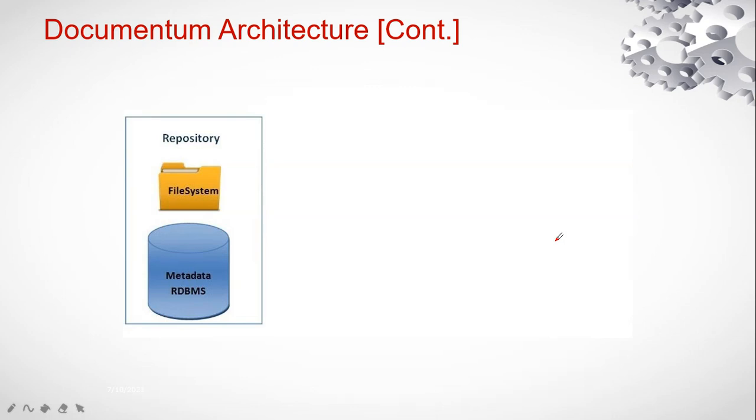Let's explain that architecture in more detail. Whenever you are installing the Documentum software, first of all, before starting, you should have the database ready. So I have a database installed, and I have one file system ready. Let's say I am installing the Documentum software on my system.